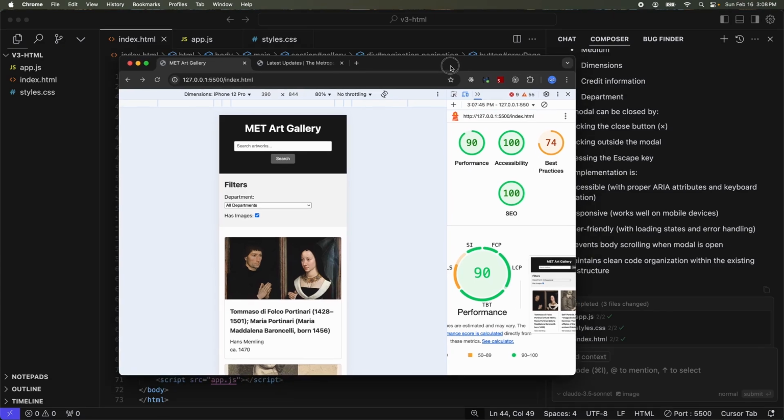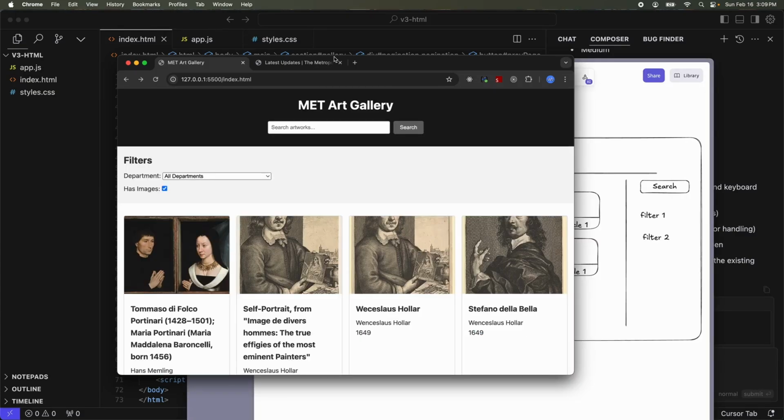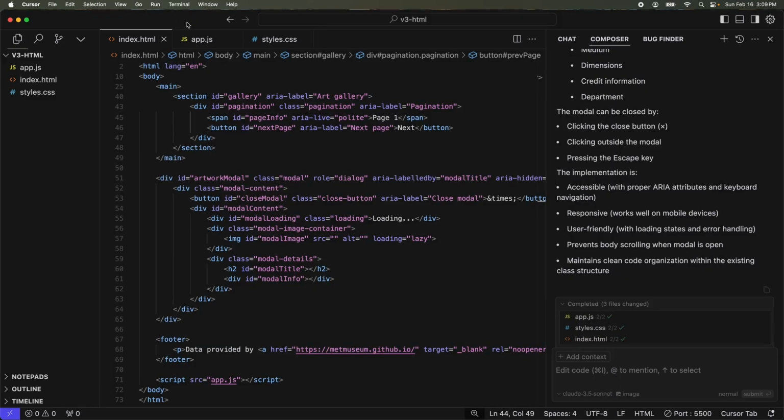So if we want to go one step forward, we can try to see if we can move this into a React project and see if it's able to convert it. But that is something where we are asking a lot. Let's try to see if we can do that. I think that would be a lot more to ask of this one, but let's try to see. So I want to migrate this to a React app, make necessary changes,